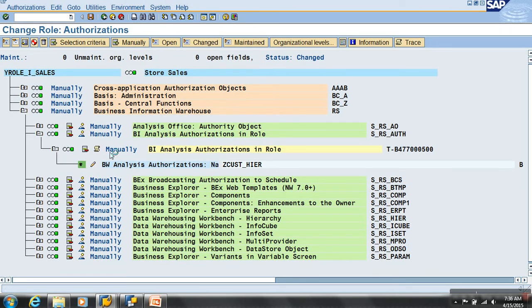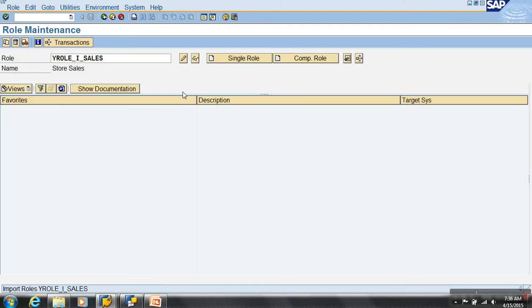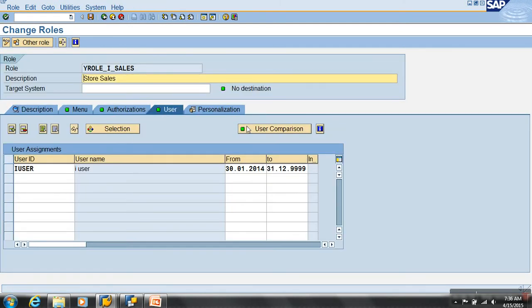Say generate. Done. Now for user comparison, you remember there is already one user assigned to this role, so the user has reflected the changes already. I don't need user assignment because that role is already assigned to one user, the I user.